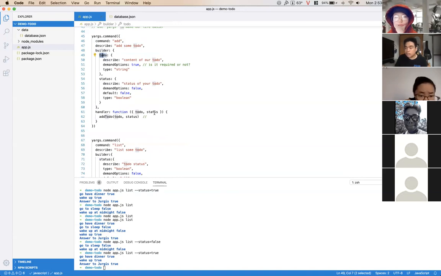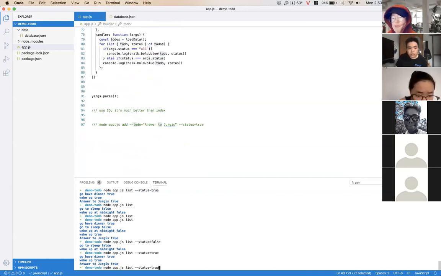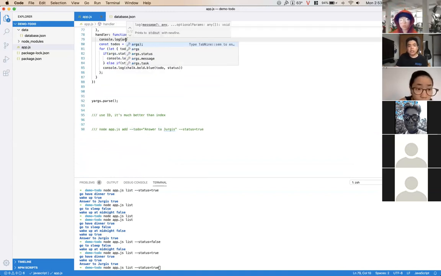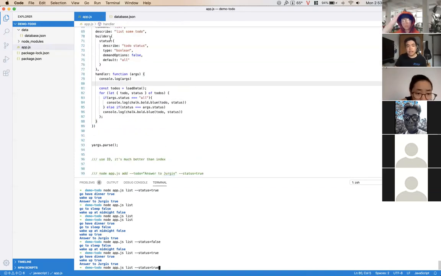So let's say I want to run this console log of args here, but I don't define the elements, and I just do something crazy